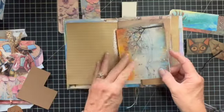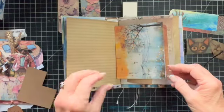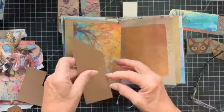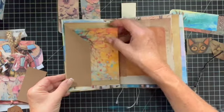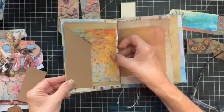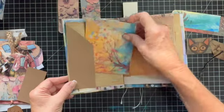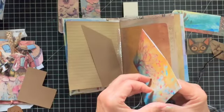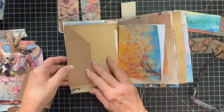But basically what I'm going to do today is I've been collecting things as I go, and I would like to get some of this put into the journal so that I can wrap this up, post it on the Facebook group, and move on. So this I was going to put in here for another place to journal or to draw. Both of my grandkids do